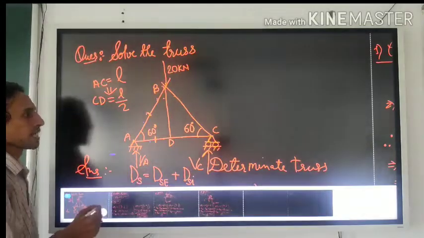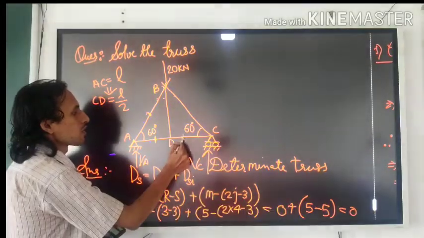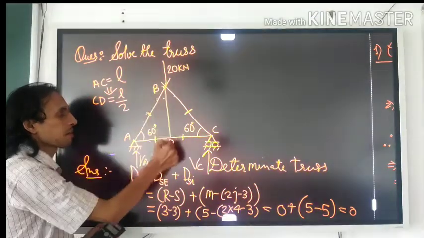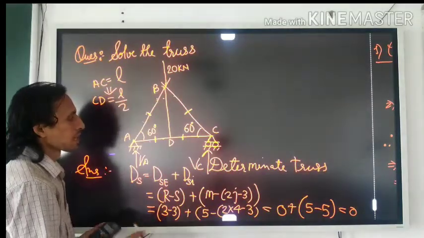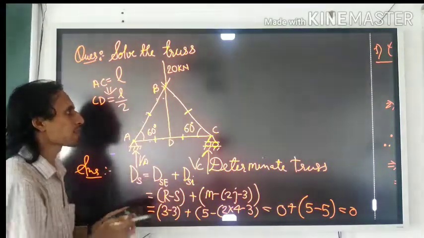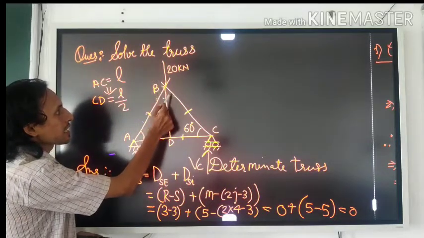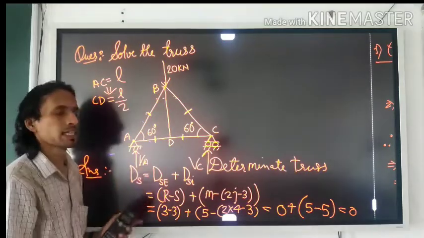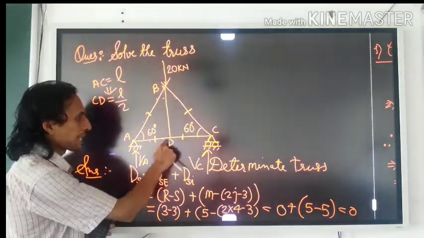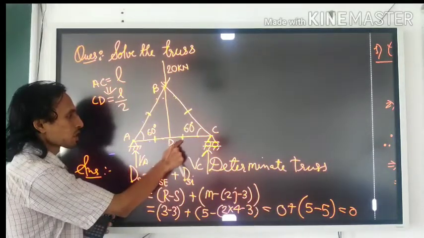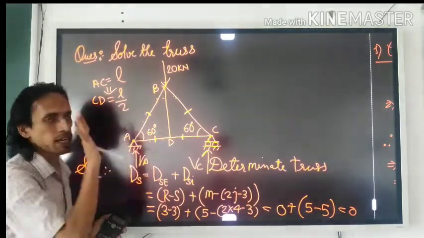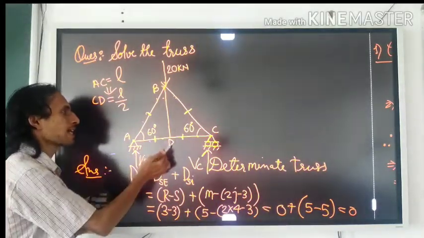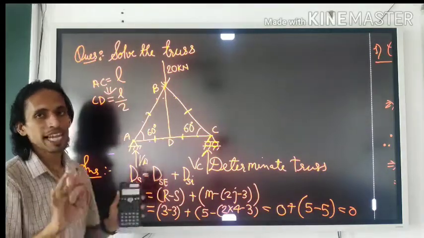So now we have calculated this force, we have calculated this force. So only one member is left, that is member BD. So you have to switch to another joint. Which joint will you switch to? At D, you know this one, you know this one, you know this one, you don't know BD. Only one unknown is there. So you can either solve at D, or you can also solve at B, you will get the answer.